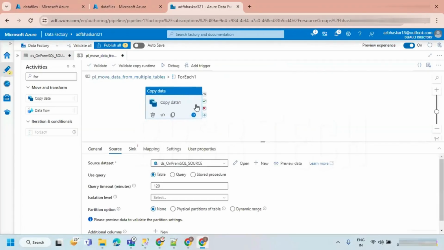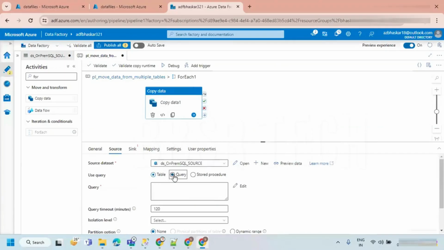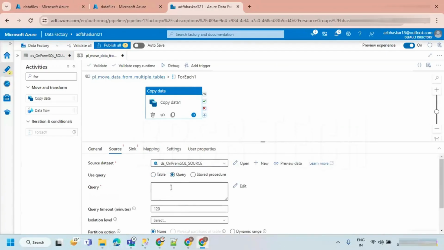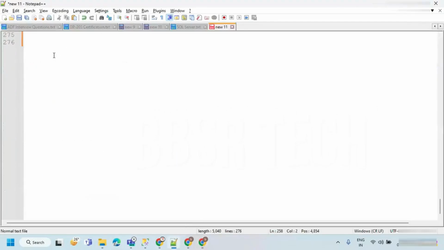So in order to do all this, we require a source data set and a target data set. Copy data is always going to ask you to pass your source data set and target data set. If it is a single table, then I can go with the table. When I'm taking it from multiple tables, then definitely you have to make it dynamic. So to make it dynamic, what I'm going to do is,